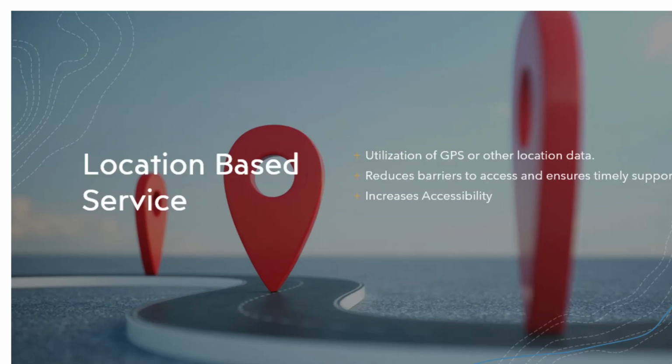With the help of location service, users can not only find nearby food banks, but also the ones that are all over the UK, making it easier to reach and ensure timely support. Increases accessibility. By integrating the geographic data, our website can become a responsive and efficient force for addressing food insecurity. It makes life easier for the donator as well as those in need by increasing accessibility for everyone. Next slide, please.